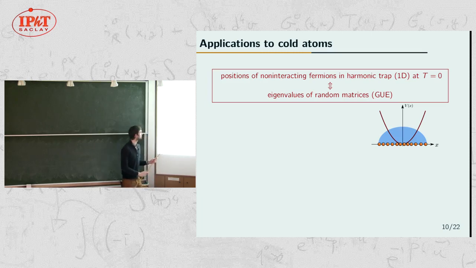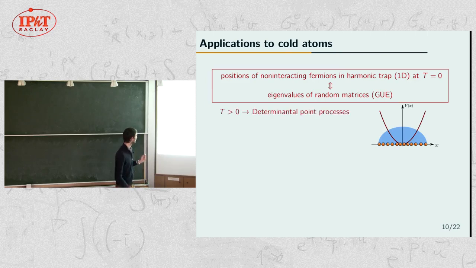So then you can use the tools that I've been working a lot with in random matrices to study this system of non-interacting fermions. And although they are non-interacting, it's not so trivial because of the Pauli exclusion principle. There are some correlations which could be difficult to handle and which we can handle with the tools of random matrices. Now, this connection holds at zero temperature, but you lose it when you take into account the thermal